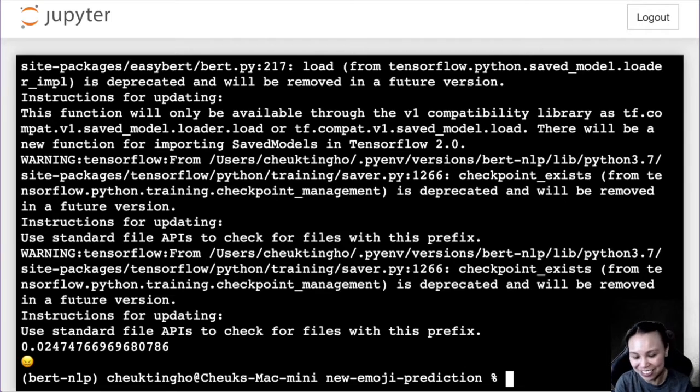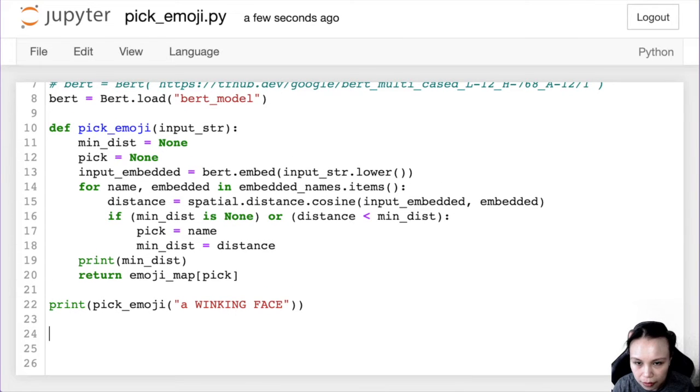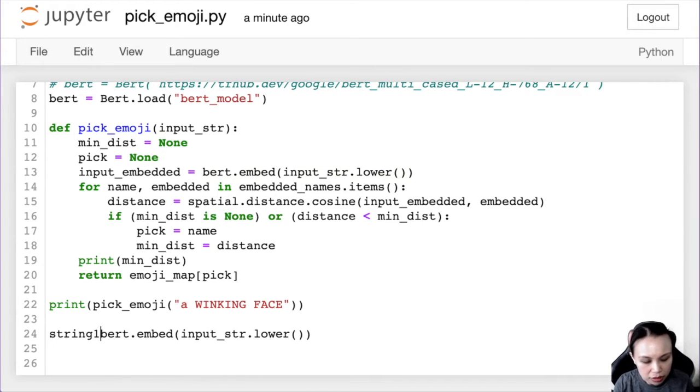It's like, okay, so this is a difference. But the distance is still very small. So I wonder, what's the difference between this and that? Maybe I could try it out right now. So what I gotta do is run BERT embedded. This time I would use string 1, and this one would be this one, right? And then the next one is string 2.